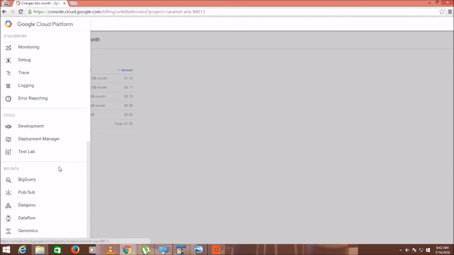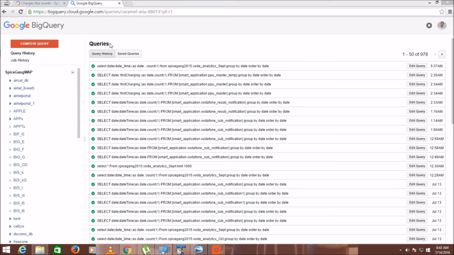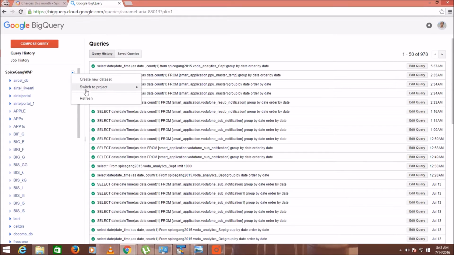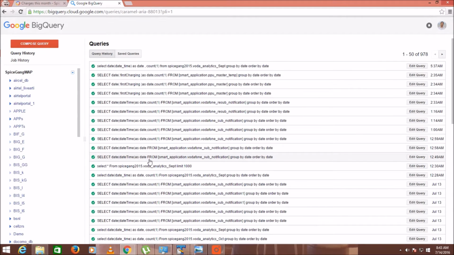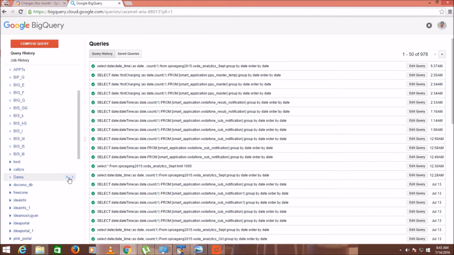Click on BigQuery. So now in this section you can create a new data set and give it a name. Let's give it demo, and the location, and I don't want my data to expire. Now we don't have any table here.